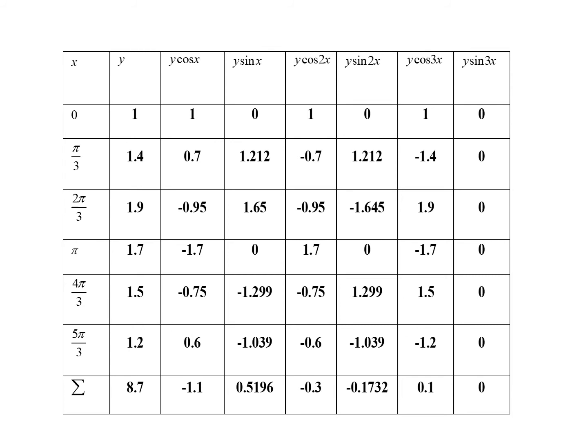So if you take y cos x column first, what is x? Look at the first value under y cos x. So x is 0 there. So what is cos 0? 1. That cos 0 answer you have to multiply with y. So 1 into 1, answer is 1. Now let us go to the second value of y cos x. Now cos of pi by 3 you have to find. So use the calculator for this. You definitely need a calculator. Cos pi by 3, you have to use the calculator and find the answer. That value, you multiply with 1.4, finally you will get 0.7.